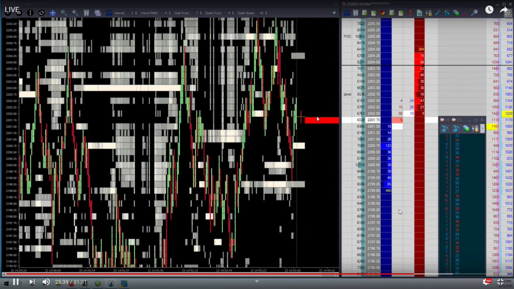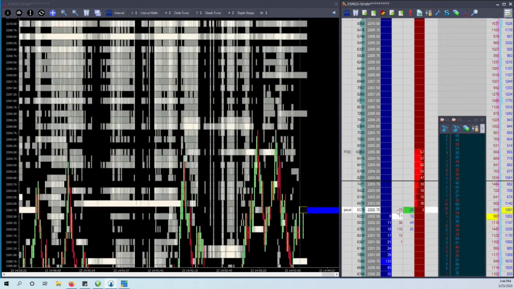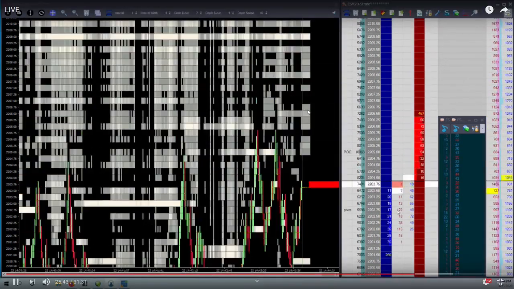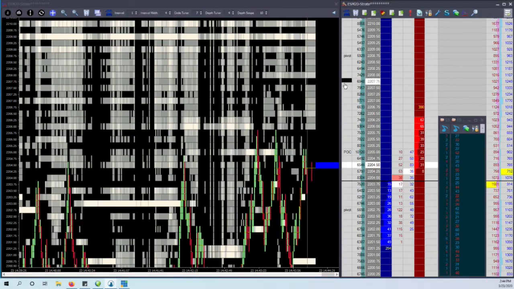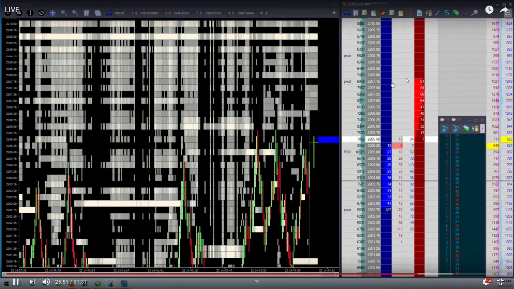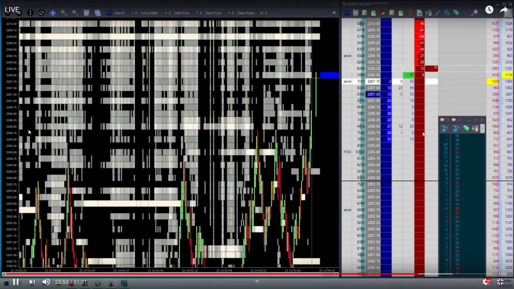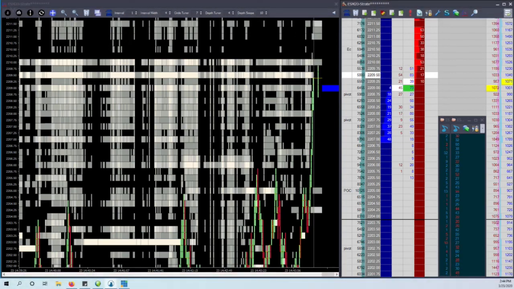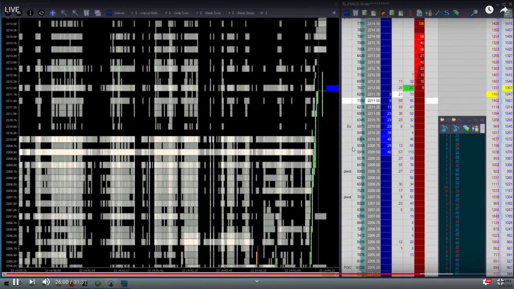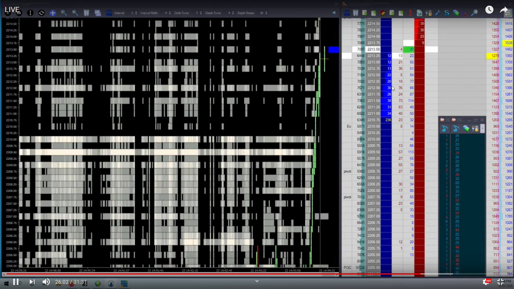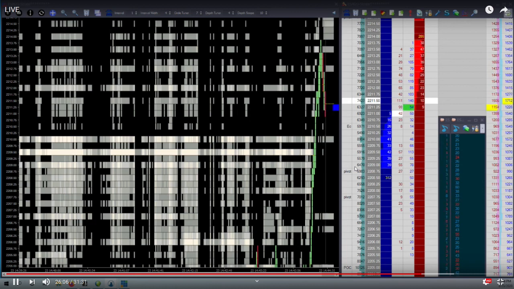So we'll watch it again. It's really winding up on this point of control. So, I mean, this thing's festering, trying to get up there. Boom, blows through, takes some profit, and then I get out right there. Could have held it, but I don't know, man. This thing could blow back down. I mean, there's too much hesitation there. So it did what it did, and it met my criteria.